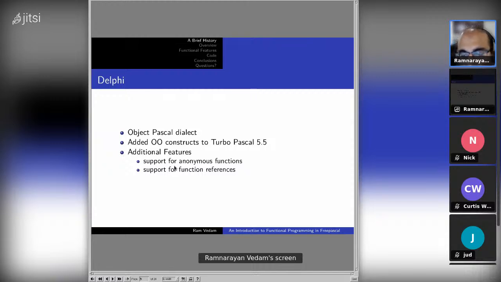It took a lot of what Object Pascal provided and added it to this, but also recently started adding features for functional programming, mainly support for anonymous functions and function references. We'll touch base on this in the next slide, actually in a few sections.